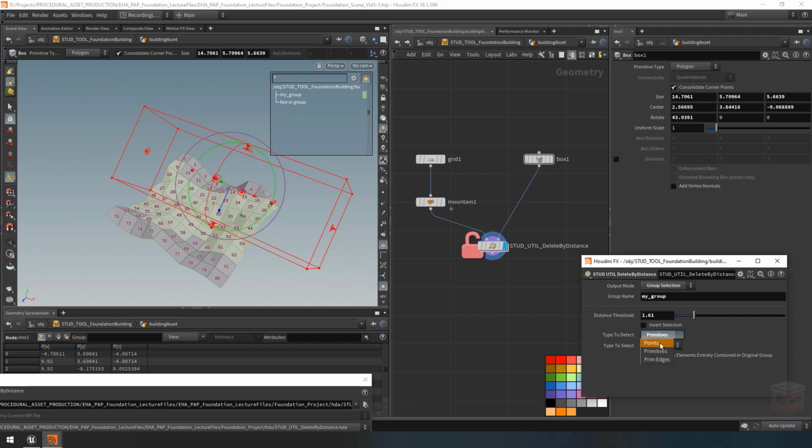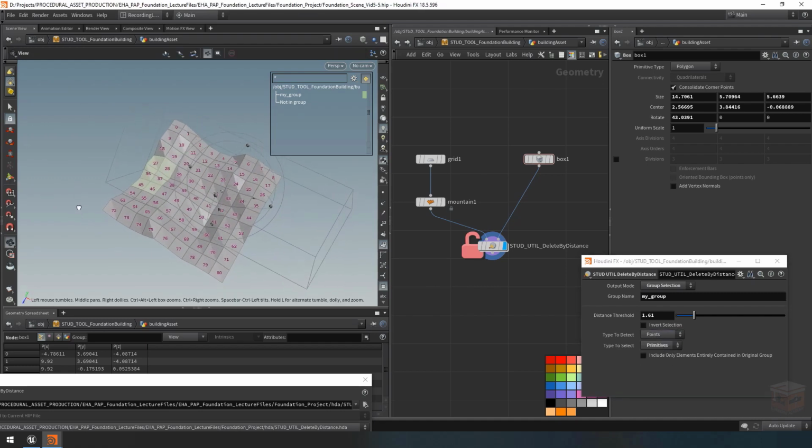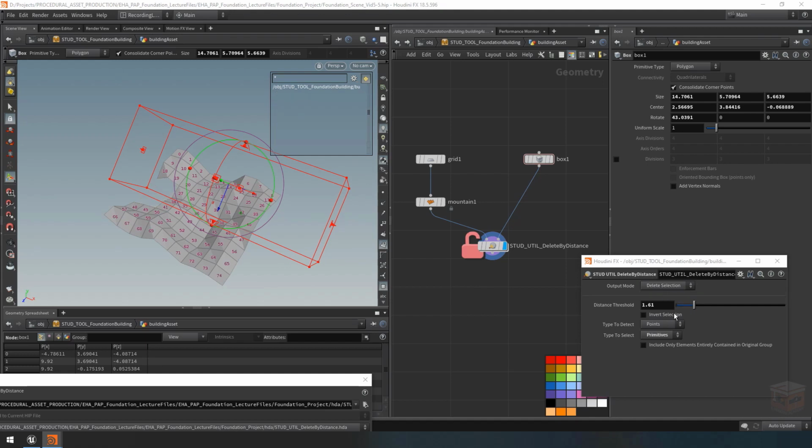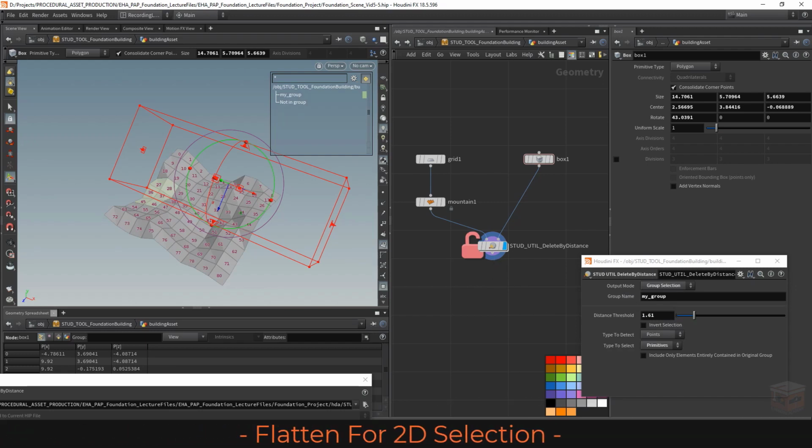And then if I switch it to points, it only selects whatever is near that point. So that's working. We now have the ability to select based on that. And of course we can switch it into deletion mode, and then it will delete based on that. So that's good. Now there's one more feature that I want to include, and that's the ability to treat this